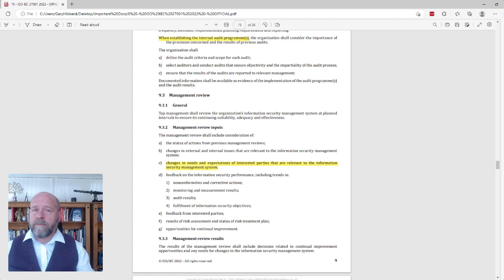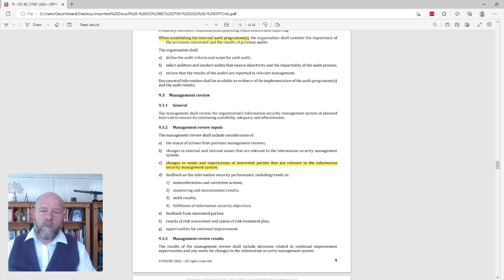But once you've achieved 27001, it's really down to you to determine how regularly you want to have these management reviews. But my advice, at the very least, quarterly. That would be the best approach. If you do it biannually, it's okay, but it's probably not the most effective way to implement and maintain that momentum that you absolutely need.